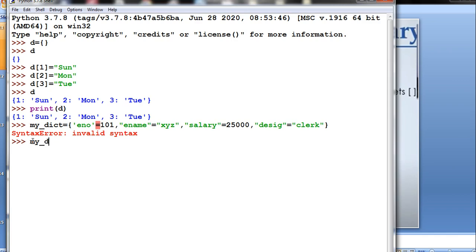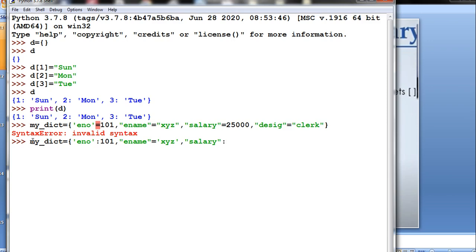My dict equal to, enum key, value is 101, comma, ename, let me give XYZ, single quote or double quote, anything you can give, comma, salary, colon.